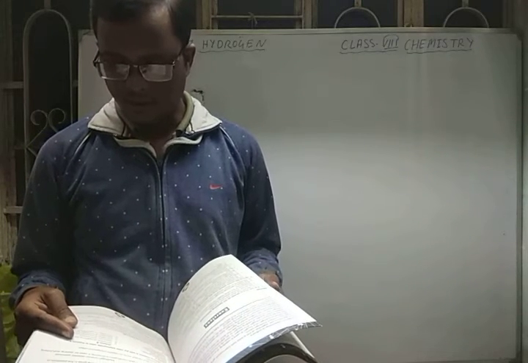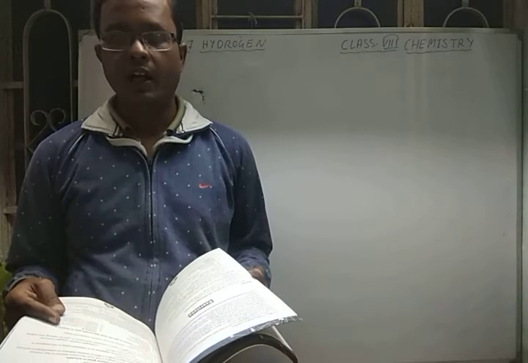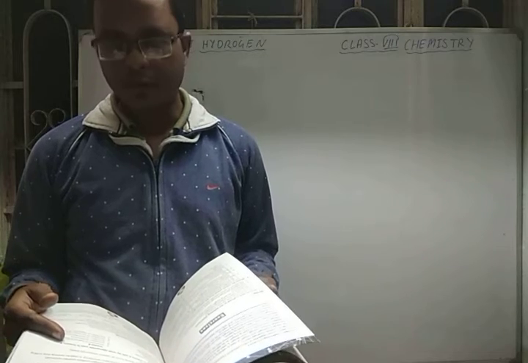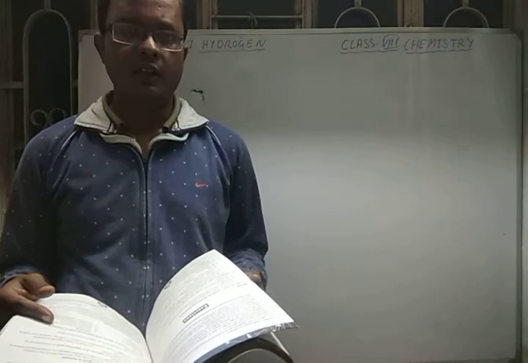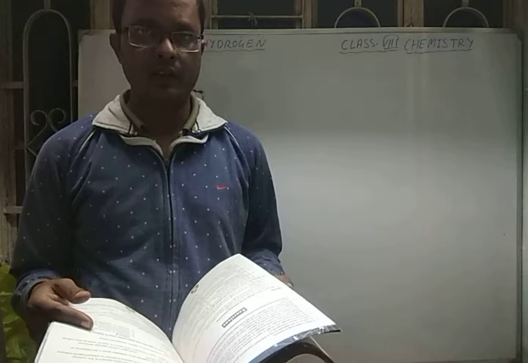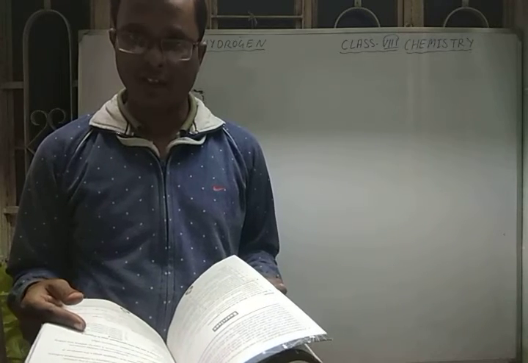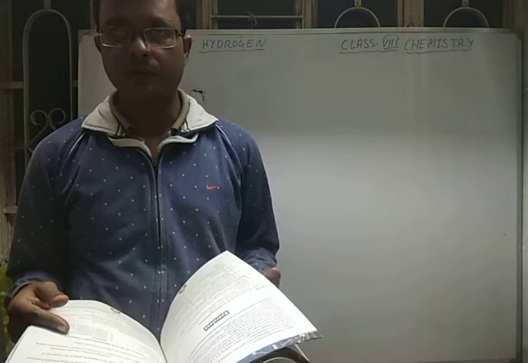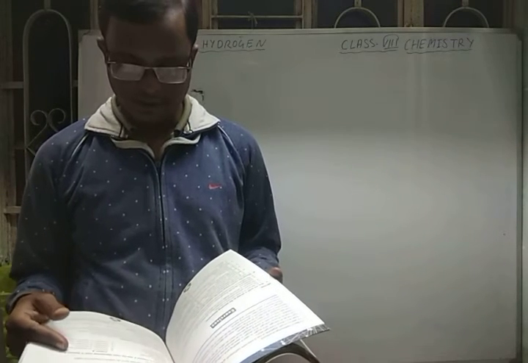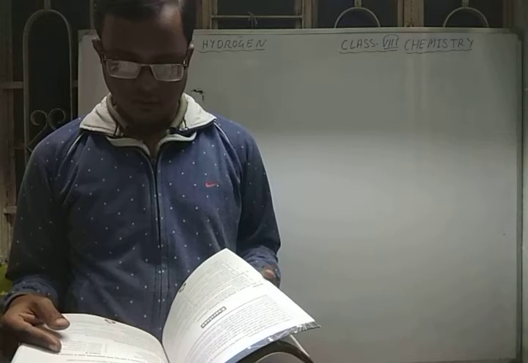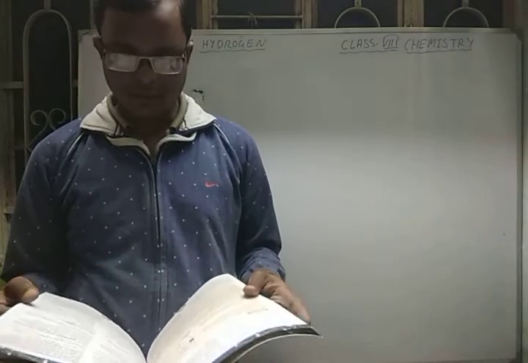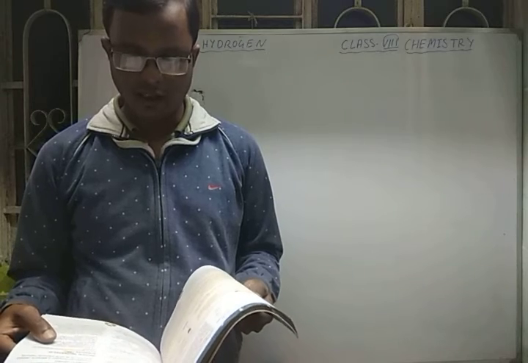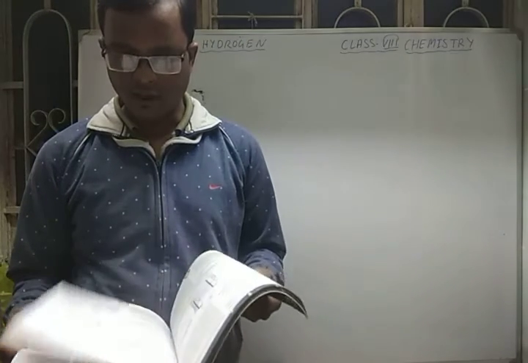Haber's process and Bosch process. Haber's process is the process by which hydrogen and nitrogen react to form ammonia gas, but the Bosch process is the process in which carbon reacts with water to form water gas, and that water gas is used to prepare hydrogen gas. Anode and cathode: when the negative or positive terminal of the source of current is connected to the electrodes, they are called cathodes and anodes.